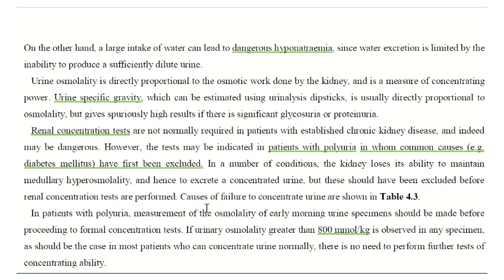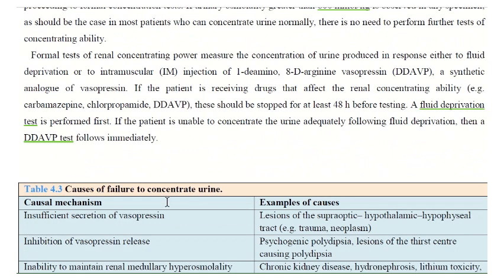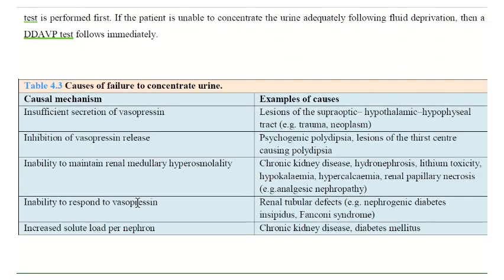The causes of failure to concentrate urine are shown in table 4.3. الجدول يتكلم عن the causes of failure to concentrate urine. بهذا الجدول the causes of failure to concentrate urine تشمل